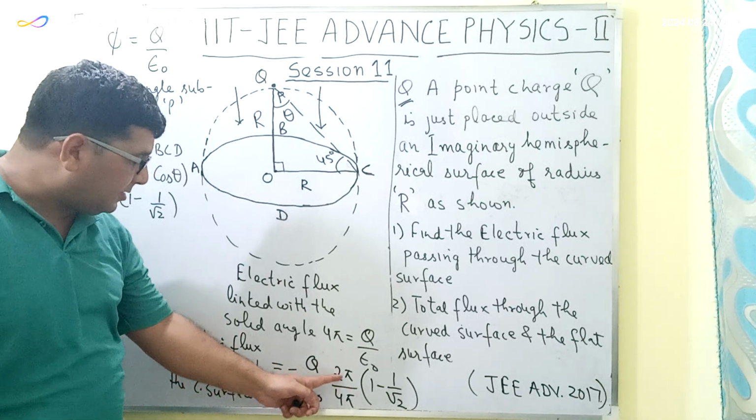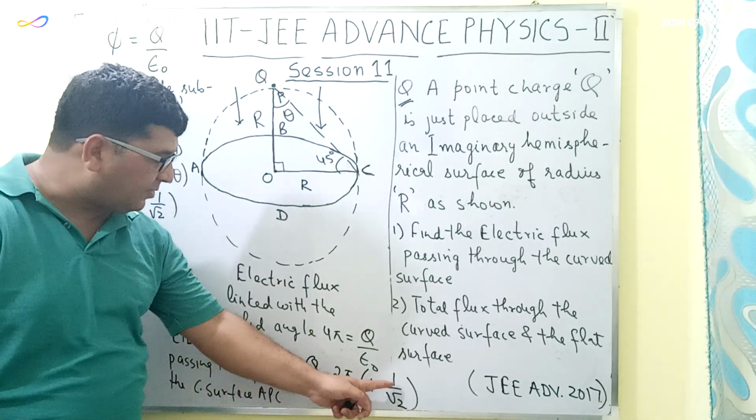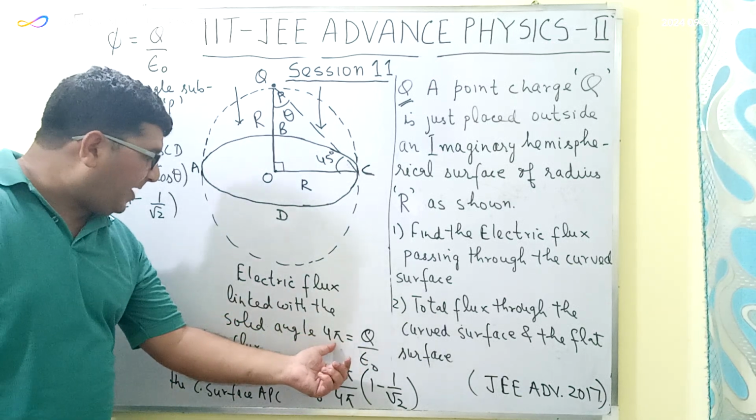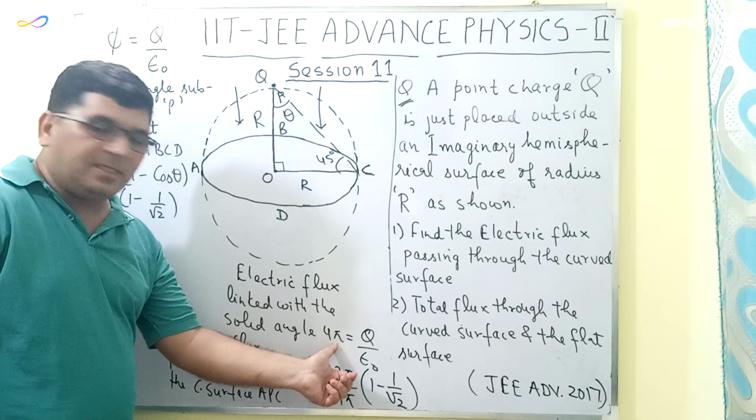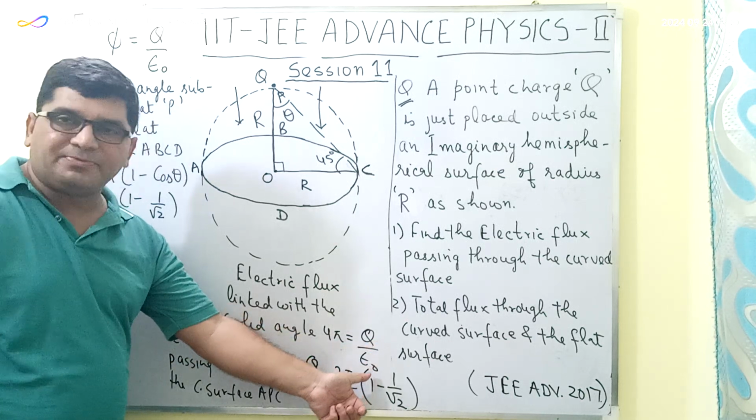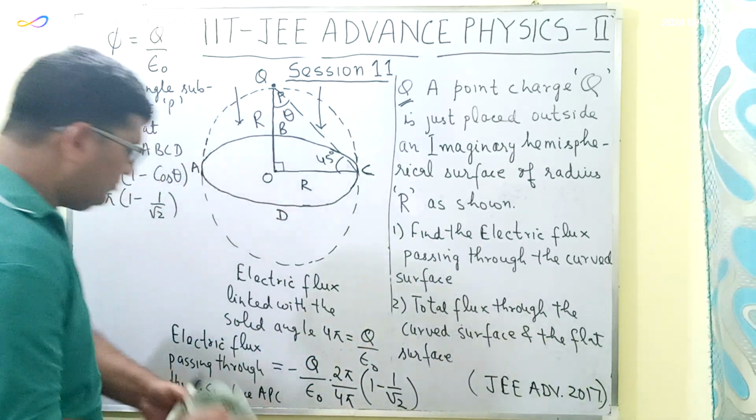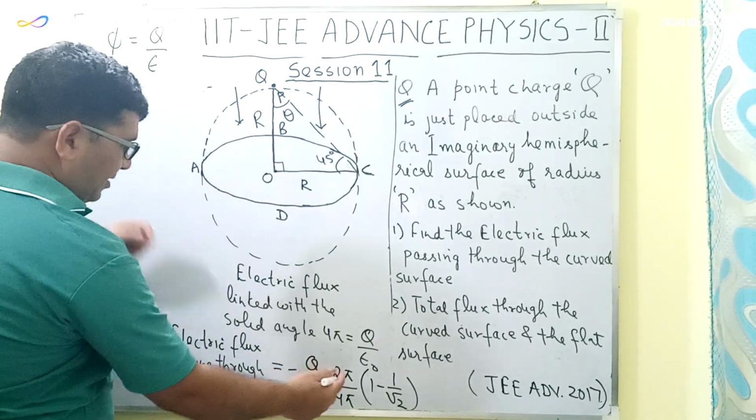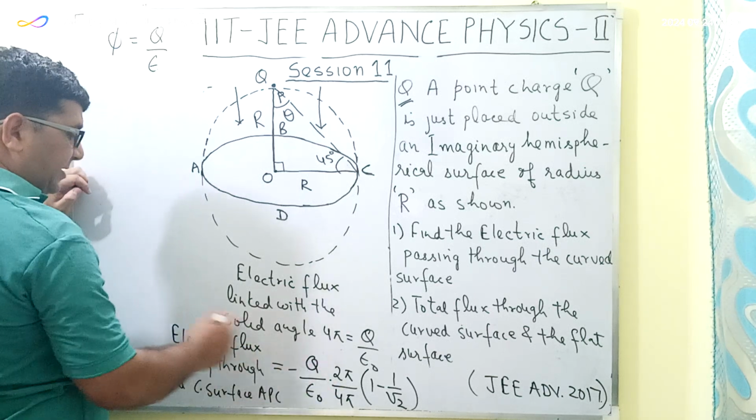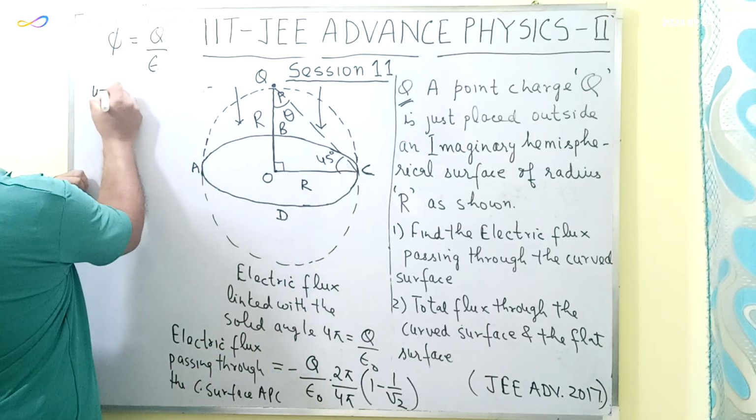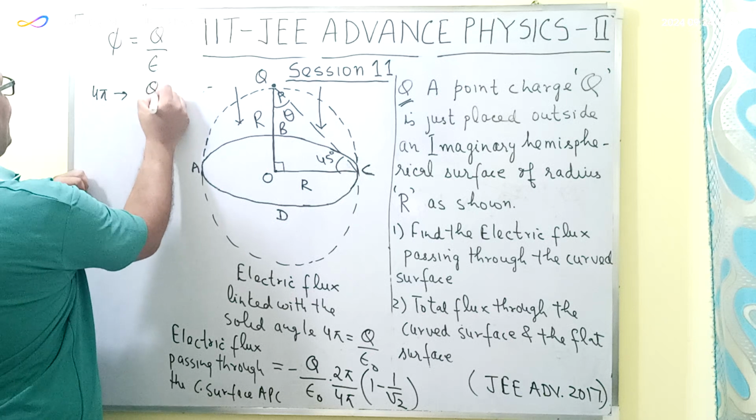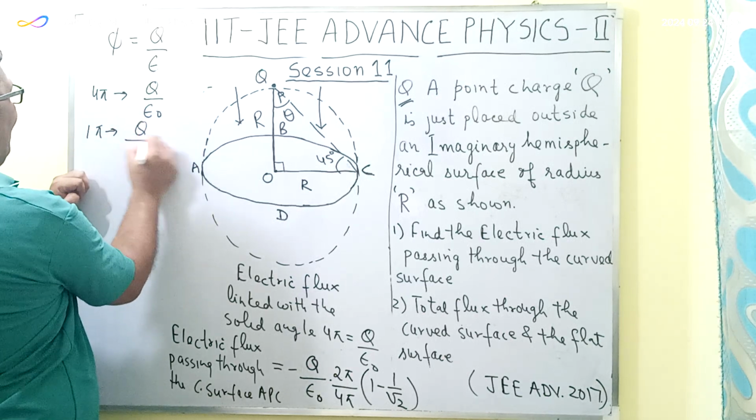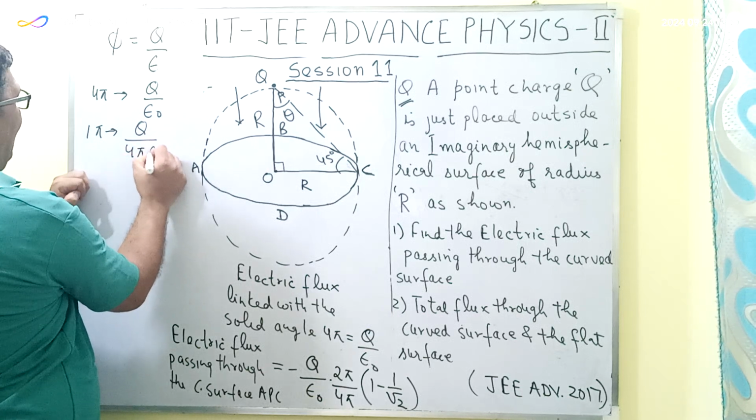naught into 2 pi upon 4 pi multiplied by 1 minus 1 by root 2, because the 4 pi solid angle is linked to a flux of Q upon epsilon naught. I will just try to tell you how this value has been calculated. So see, 4 pi solid angle is linked to a flux of Q upon epsilon naught. So we can say 1 solid angle is linked to Q divided by 4 pi epsilon naught,